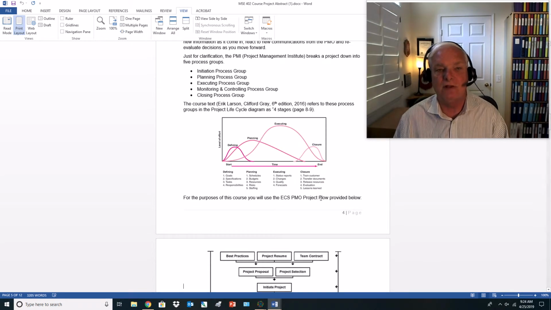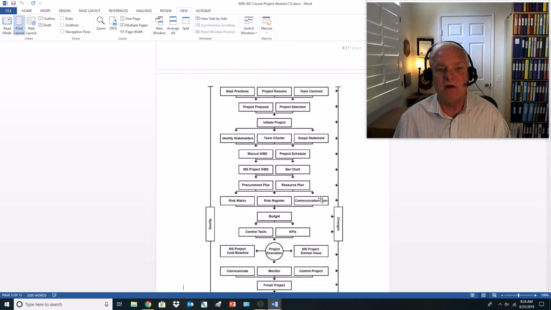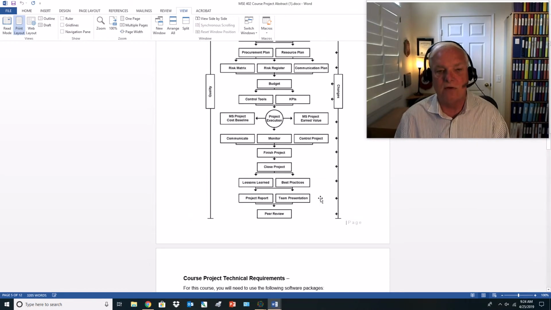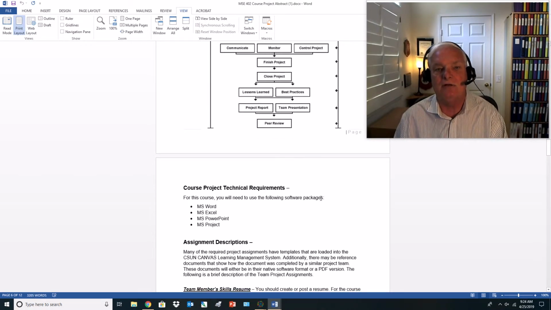This is the project flow. We're going to show you how, I'll call it, we map into the PMBOK, the PMI Book of Knowledge, or the body of knowledge, and those 5 process groups that they've got listed there: initiating, planning, executing, monitoring and controlling, and the closing group. And then in addition to that, I have a model that I've created that we will follow for the team project. And you'll see we start with best practices, project resume, the team contract, and we flow all the way down to closing out the project, and then lessons learned, best practices, the peer review, your project report, and a team